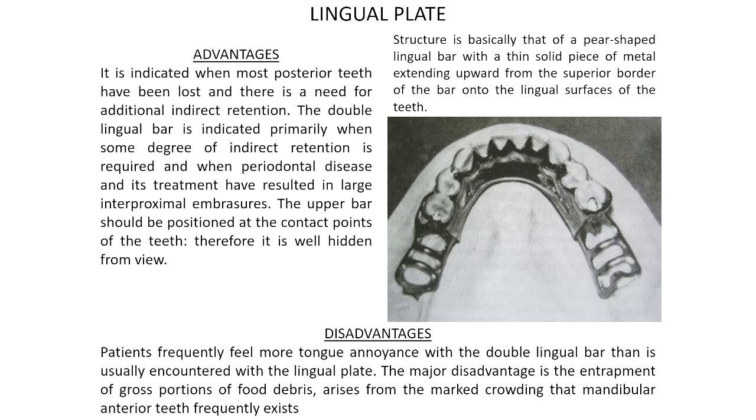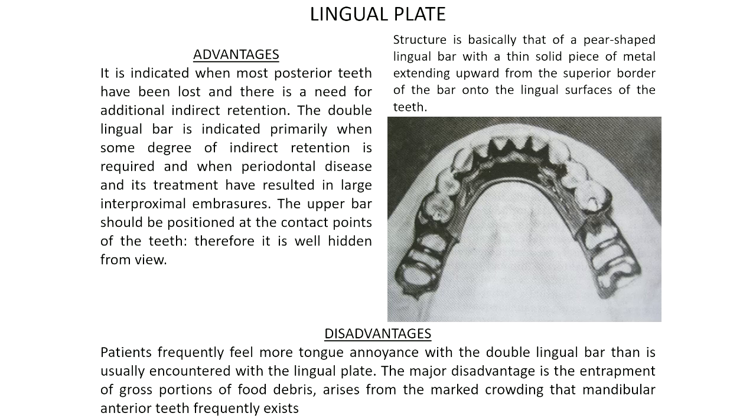The structure is basically that of a pear-shaped lingual bar with a thin solid piece of metal extending upward from the superior border of the bar onto the lingual surface of the teeth. The design is similar to the previous one, but the simple difference is that the metallic surface extends into the interdental area, covering the entire soft tissue, leaving the tooth part uncovered. Now it is indicated when most of the posterior teeth have been lost and are to be